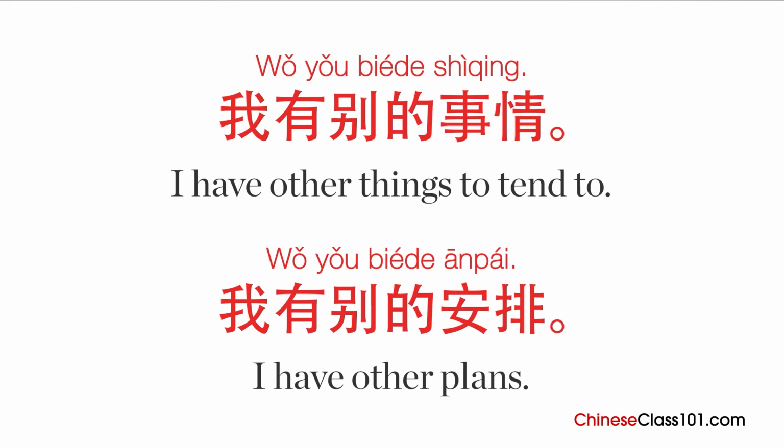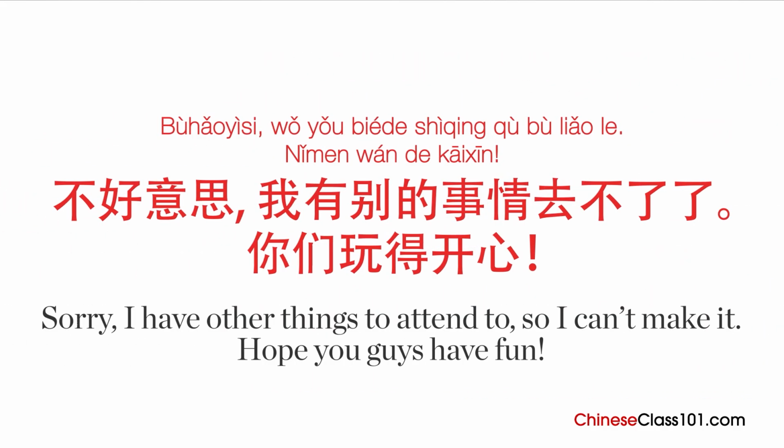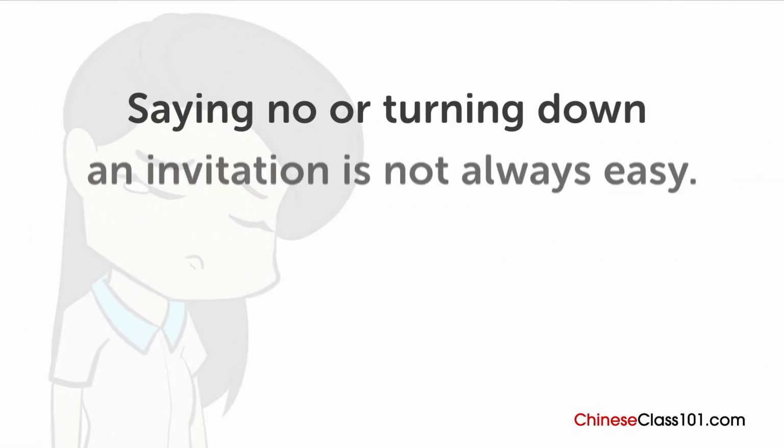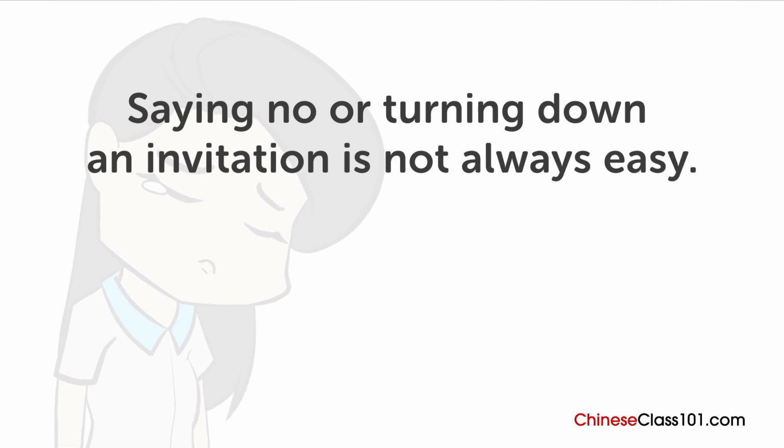You can use a very vague term like 我有别的事情. I have other things to tend to. Or 我有别的安排. I have other plans. So if you don't want to go to a party and don't feel like giving the real reason, you might say 不好意思，我有别的事情去不了了。你们玩得开心？